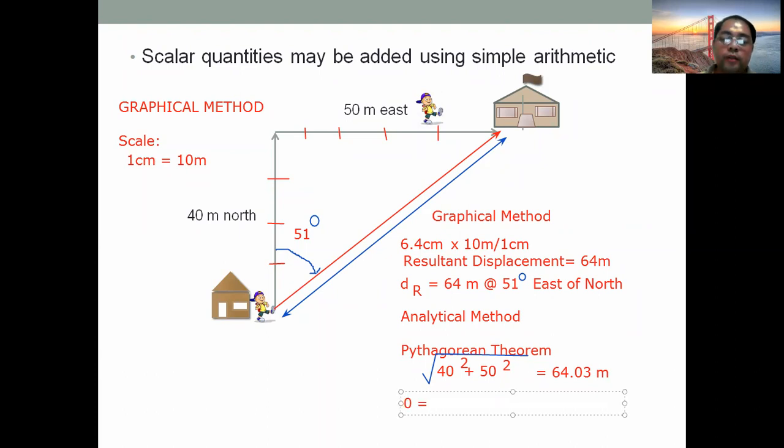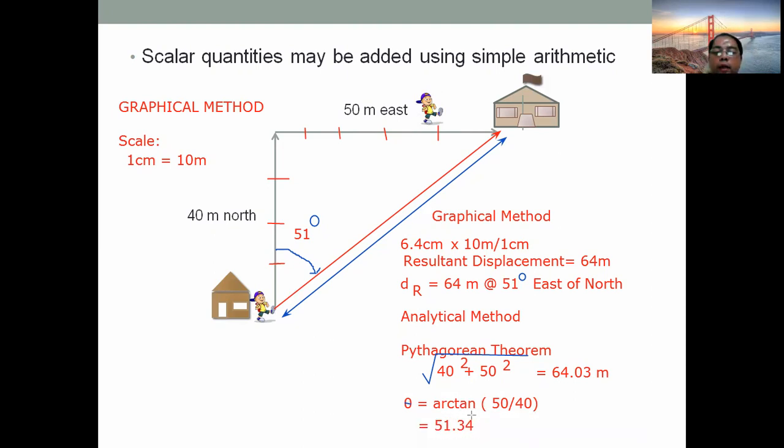we take it by using arctangent of the opposite over the adjacent, and we get an angle value of 51.34 degrees. So we can always approach it in two ways,